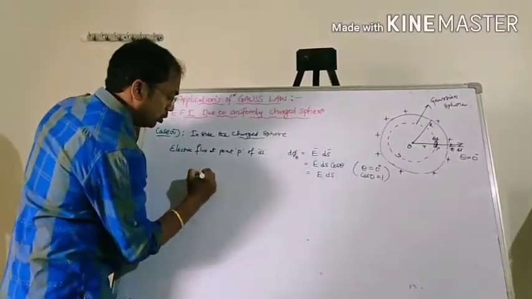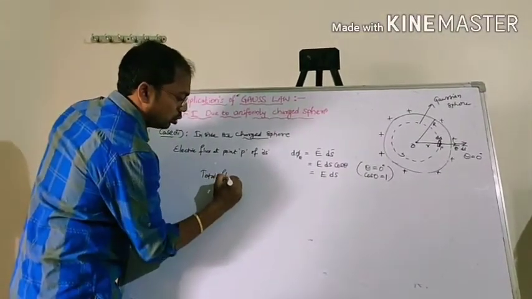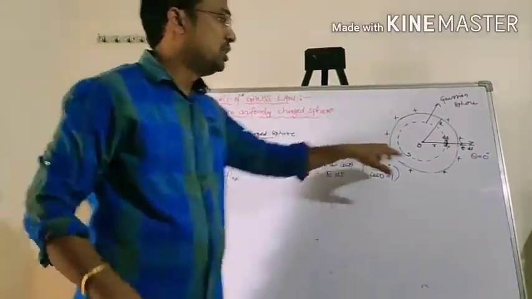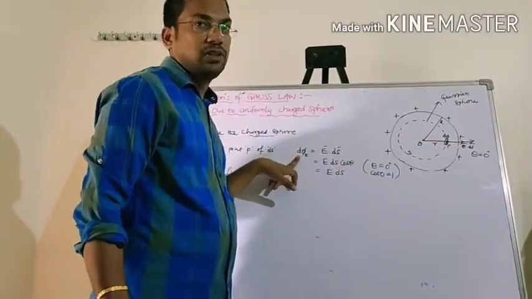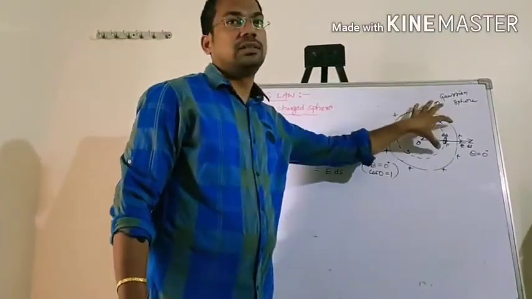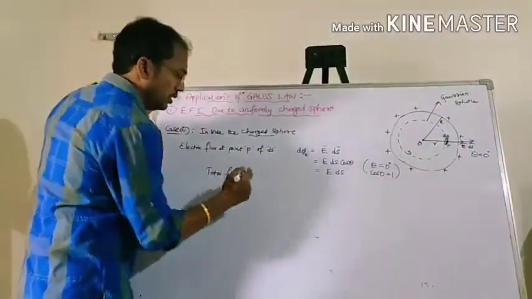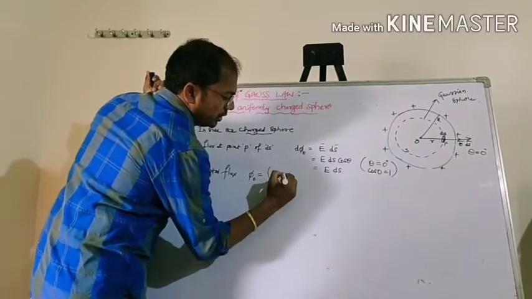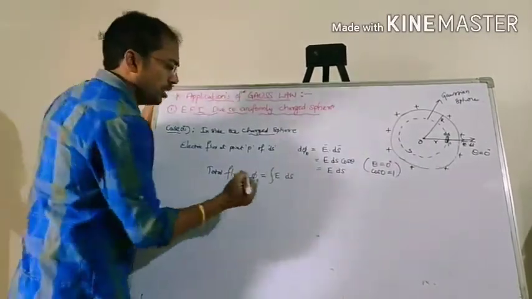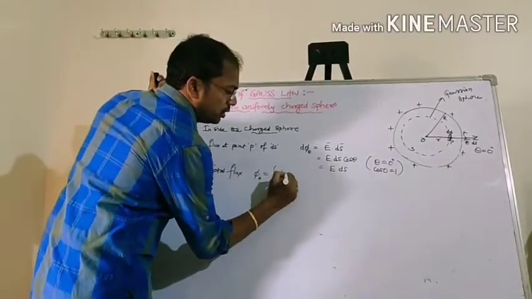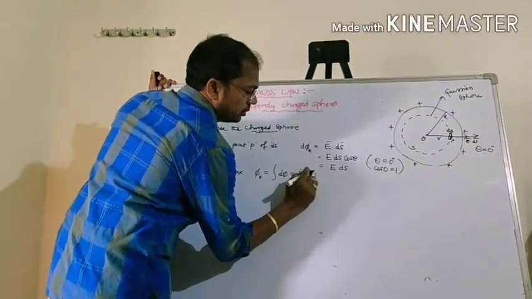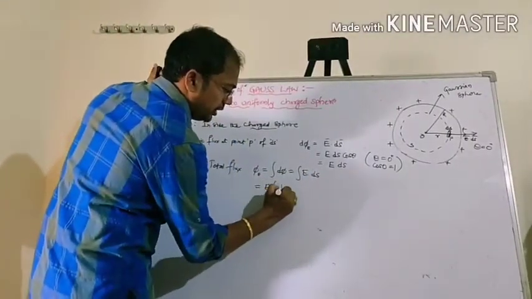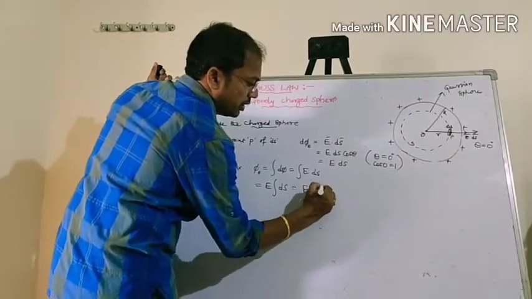Okay, so now the total flux of the Gaussian surface. మన Gaussian surface లో చిన్న ఎలిమెంట్ యొక్క ఎలిమెంట్ వద్ద ఎలక్ట్రిక్ ఫ్లక్స్ తీసుకున్నాం కదా. ఇప్పుడు the total flux of this Gaussian surface, you can write φ is equal to ఏం రాసుకోవచ్చు ఇంటిగ్రేషన్ E ds. ఆర్ సింప్లీ ఇంకా సింపుల్ చెప్పాలంటే ఇలా రాస్తున్నాను, E integration ds. ఓకే, ఈ ఇంటిగ్రేషన్ ds means S.